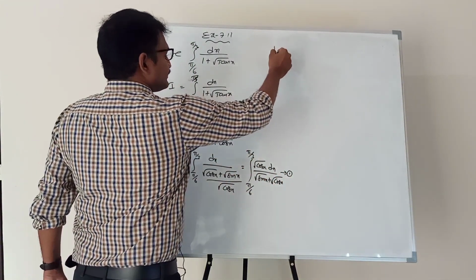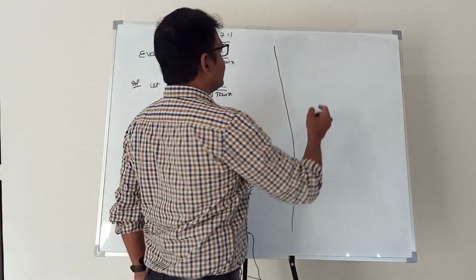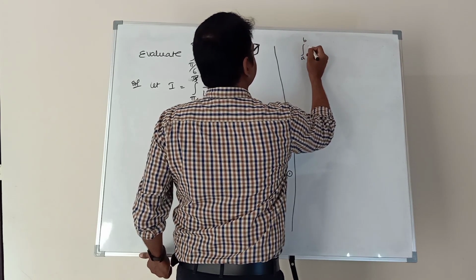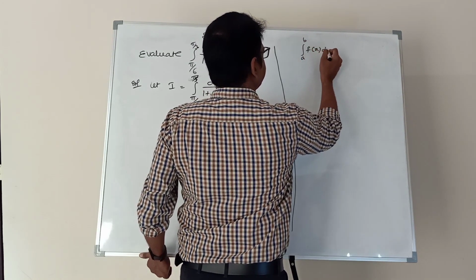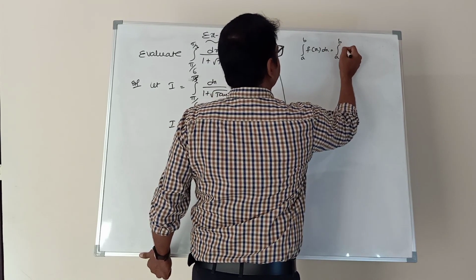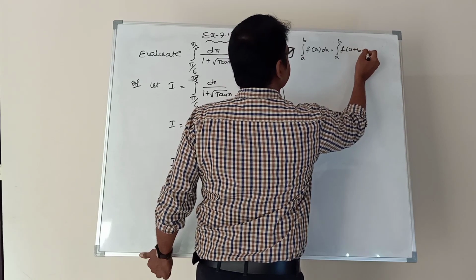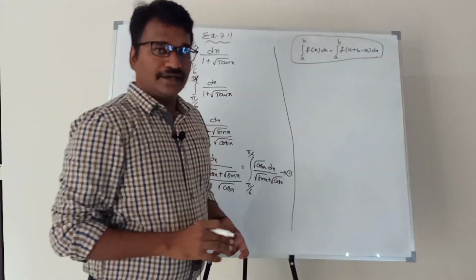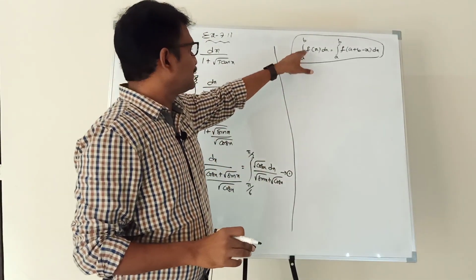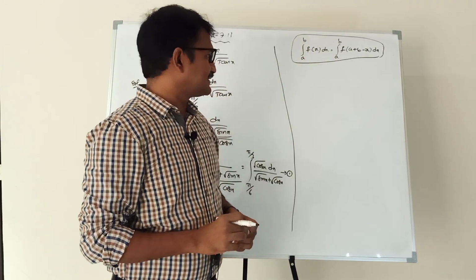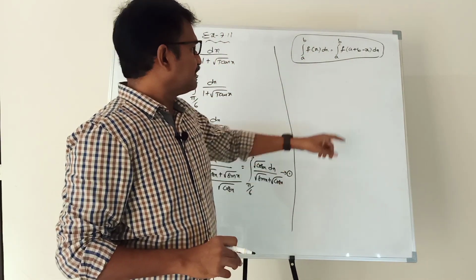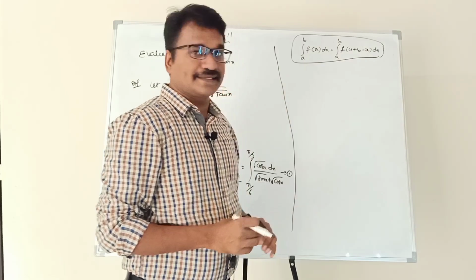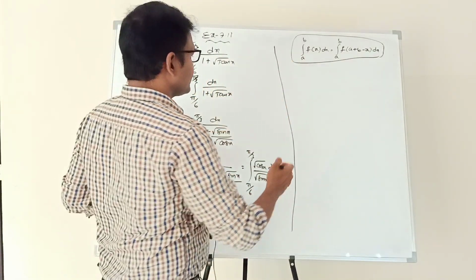Next, according to property number 4, the integral from a to b of f of x dx is equal to the integral from a to b of f of a plus b minus x dx. We already proved this property: in the place of x you can write a plus b minus x. So according to this property, I is equal to